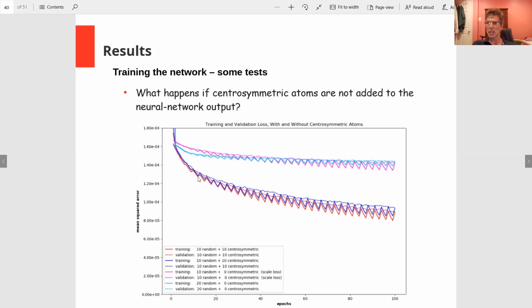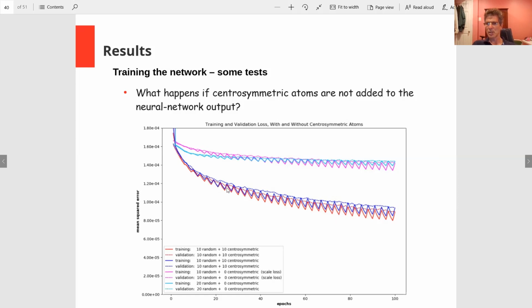And you can see here that it's still zigzag. I'm using the same kind of training schedule, but the loss function is decreasing. And you can see also that it's generalizing, because the dotted line represents the validation data, and that also is improving